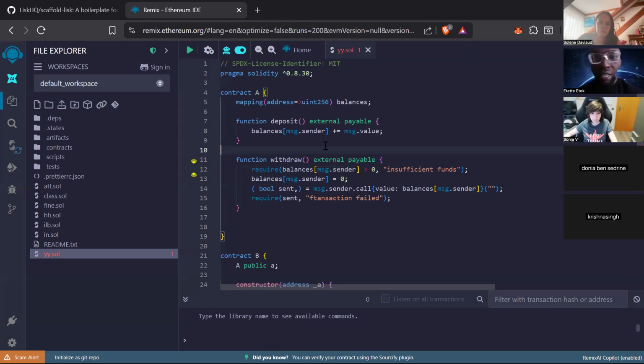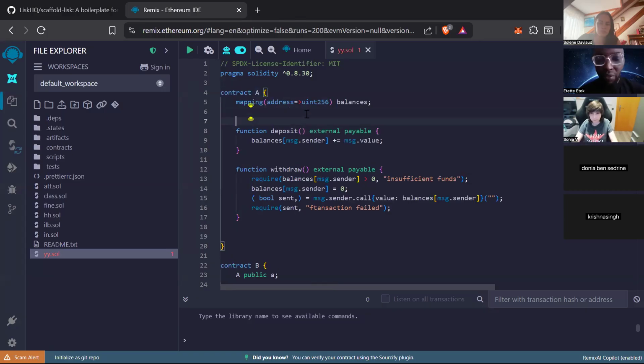But basically, you could have a modifier that would actually check certain things, right? So one way could be, let's say, you could have your modifier here that you could call maybe